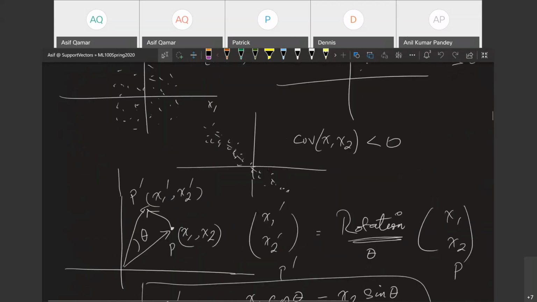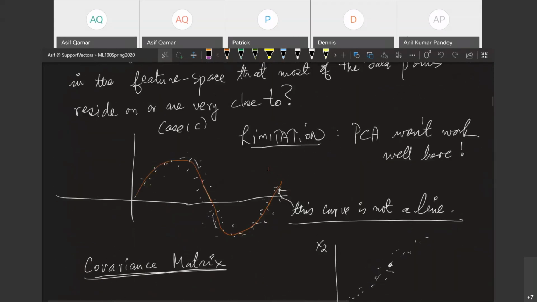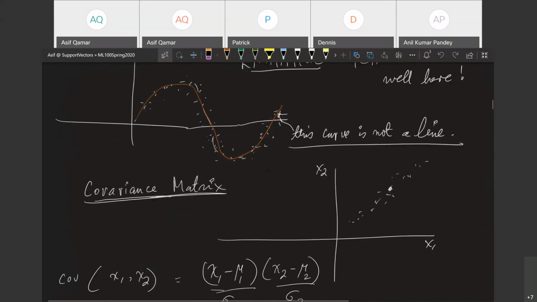So we'll talk a little bit about the whole theory of it. Remember, principal component analysis works only when there's a strong correlation of data. Correlation implies a linear relationship. For example, in the sine wave, the correlation is zero, the relationship is there, but the relationship is nonlinear. Principal component analysis does not work for nonlinear relationships. It only works for linear relationships. So it's a very simple means of dimensionality reduction.